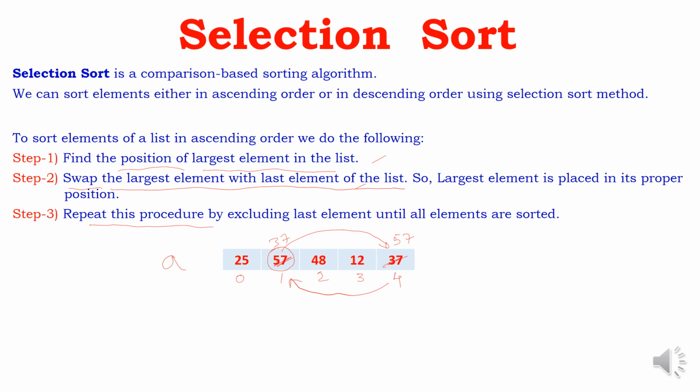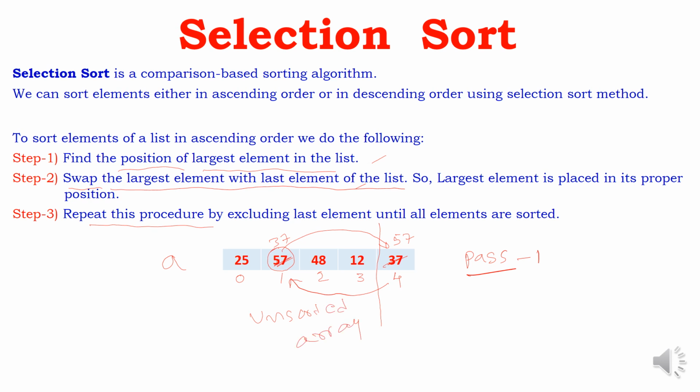So this procedure is said to be a pass. So it is pass 1, the first pass. In the first pass, we have identified the largest element and the largest element is moved to its final position. Now excluding 57 because 57 is already sorted, in the remaining 4 elements, that is the unsorted locations, the unsorted array, you can say,